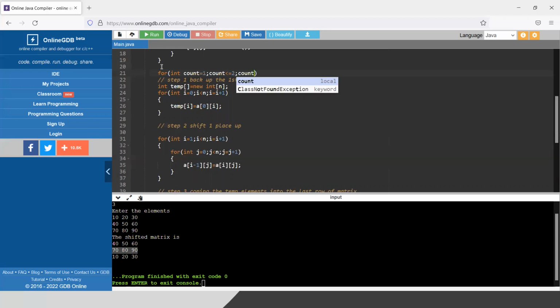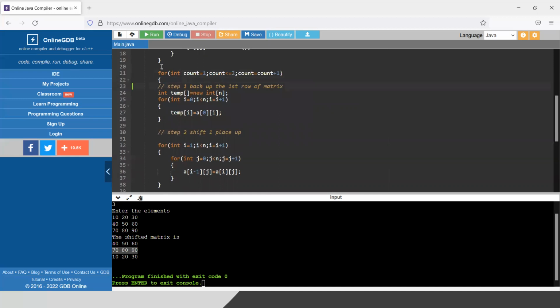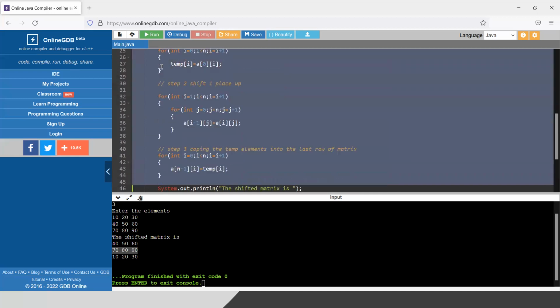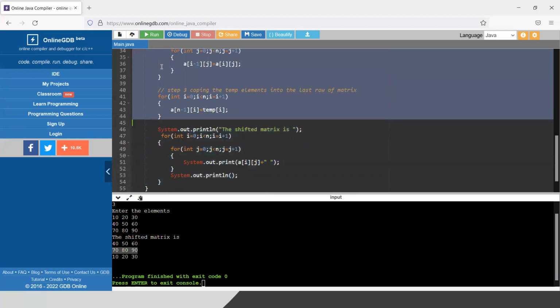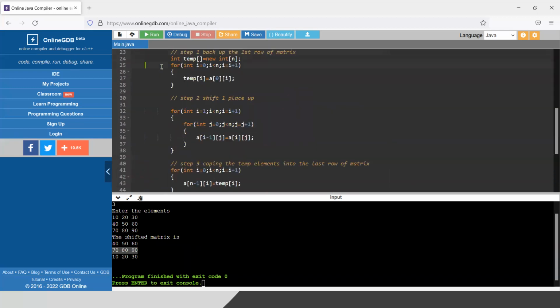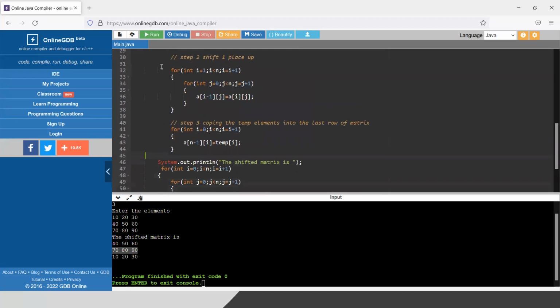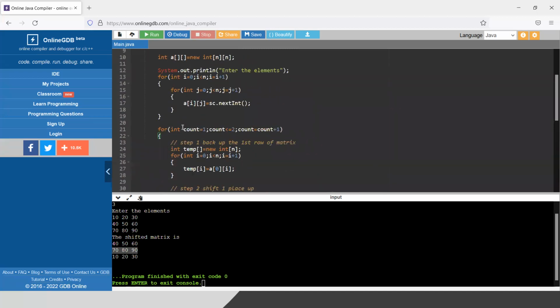If anyone requires to shift it up for 2 positions, 2 times, I will put all of them inside one big loop. That's all. So all of these will be happening twice. So if I run the program once again,